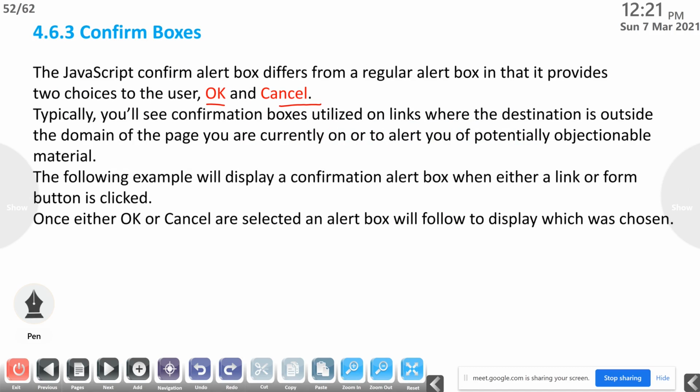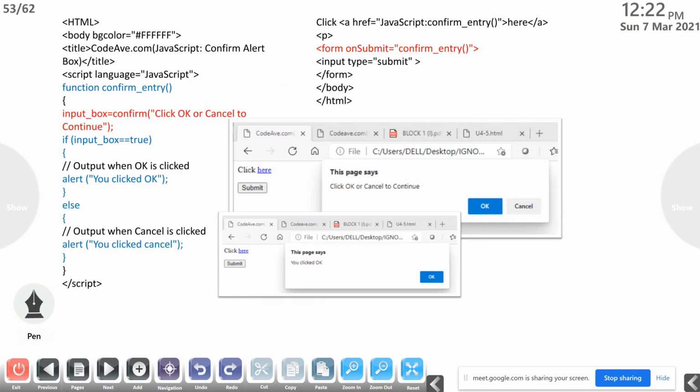Typically, you will see a confirm box utilized on links where the destination is outside the domain of the page you are currently on, or to alert you to potentially objectionable material. The following example will display a confirmation alert box when either a link or a form button is clicked. Once either OK or cancel is selected, an alert box will follow to display which was chosen.